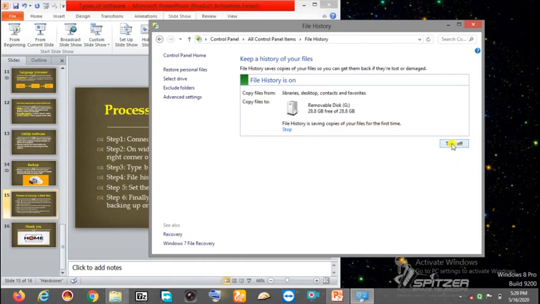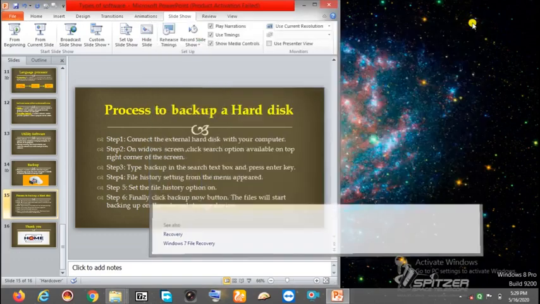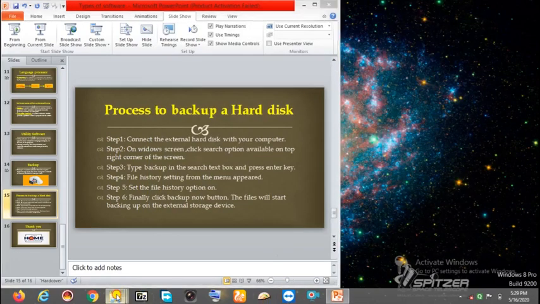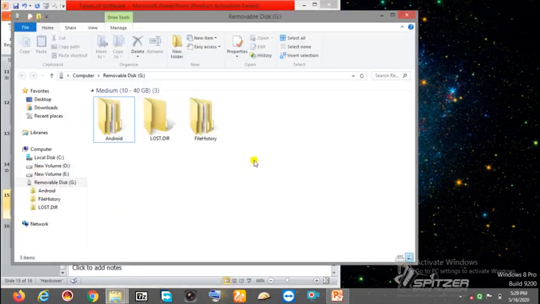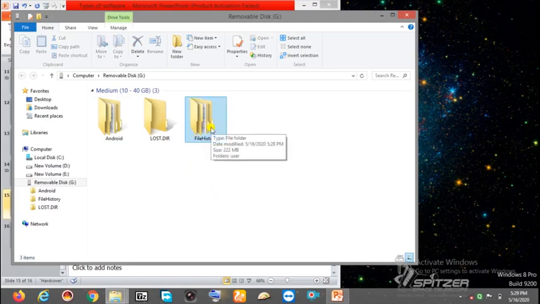Now you can turn it off. Close this and go back to the pen drive. Now you can see one more folder created, that is File History. That means you got some backup data in your pen drive. This is how you can get the backup.